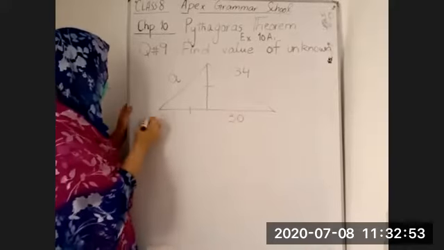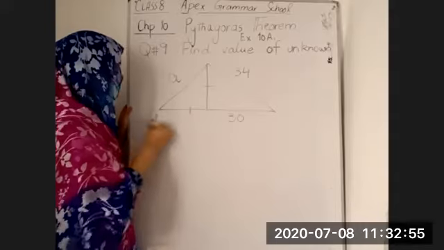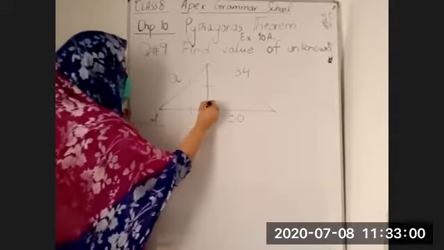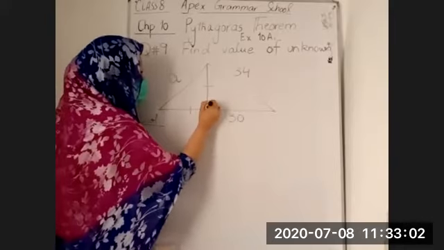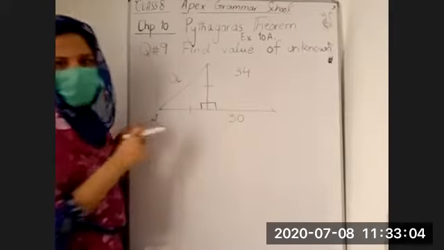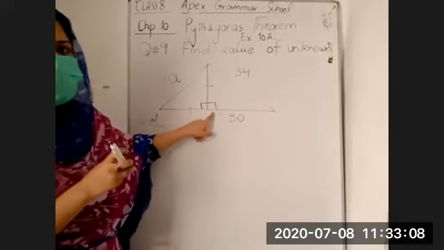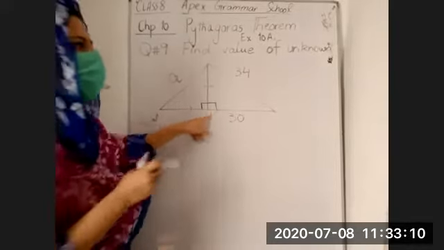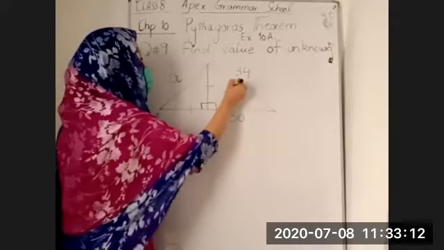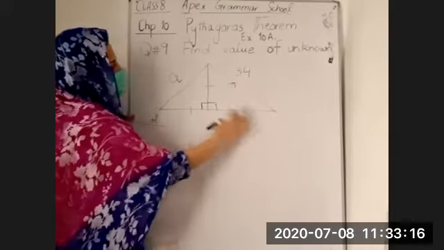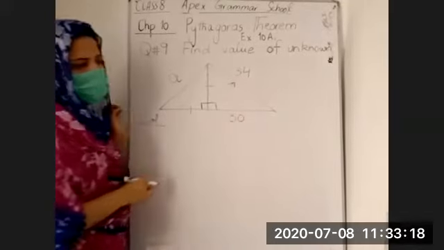First, I'm going to start my solution by writing that you can see this is the 90-degree angle. It would be mentioned in your book as well. If you go to your book, you will see there is an angle of 90 degree. Opposite to 90 degree, this is the hypotenuse. We can consider this as our base and this as our perpendicular.